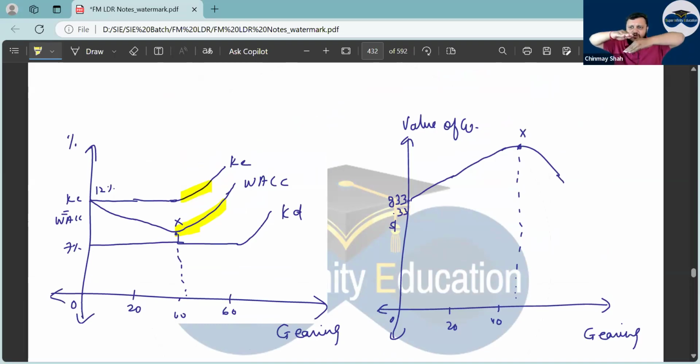Right? First you go. If you remember, I told you a story, a big story, correct? That you go to borrow. Shareholders are on the periphery of your business. When you go to borrow, first time you go to borrow, shareholders are okay. Then ठीक है, no problem, right? It works.